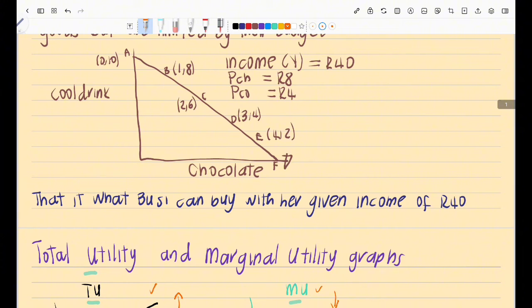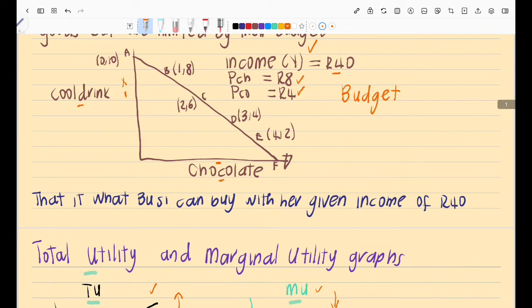So we have what we call a budget line here, and it just shows you the combination of goods that you can buy given your income. So you have, let's say, 4 things. You have your Y, capital letter Y, which is your income, so whatever amount you are earning. And then you have the price of good 1, the price of good 2, as well as the quantities. So for cold drink, the quantities will be here. And then for chocolates, the quantities will be here, right?